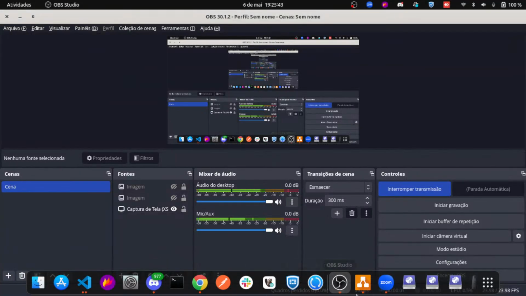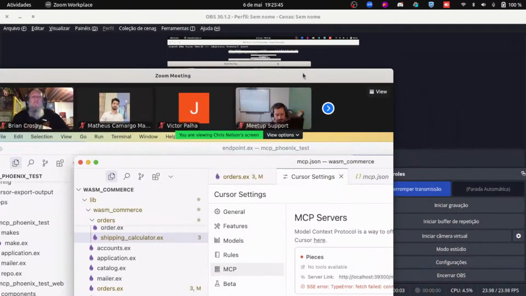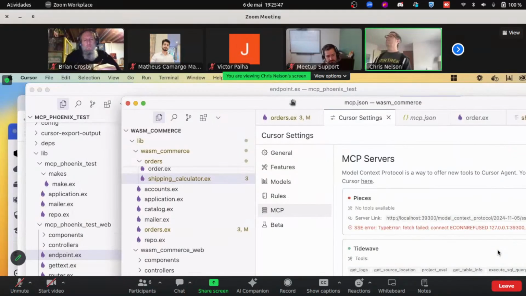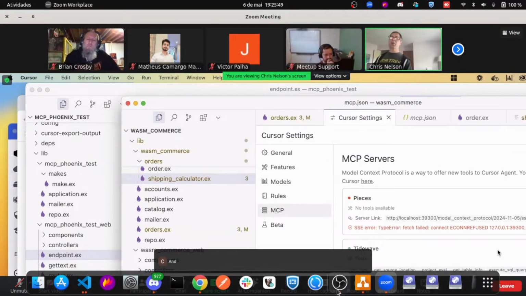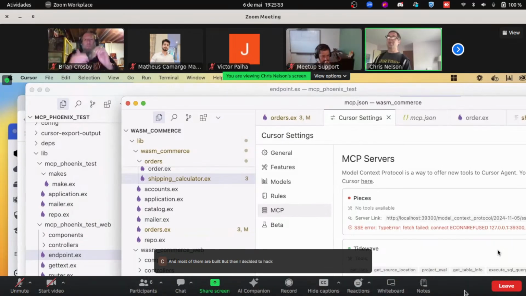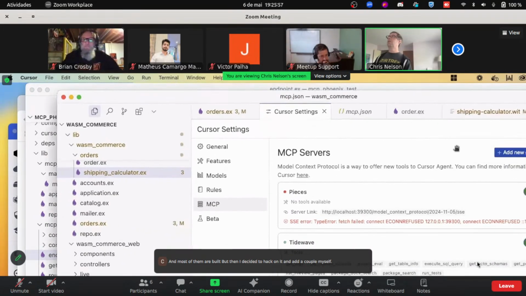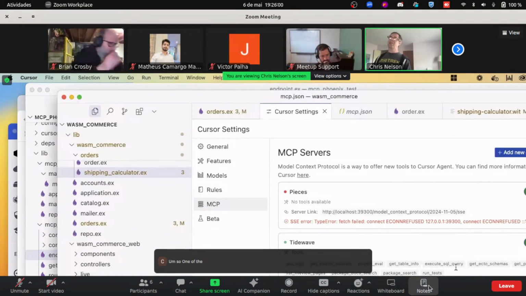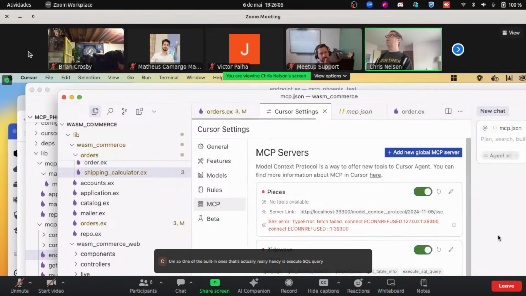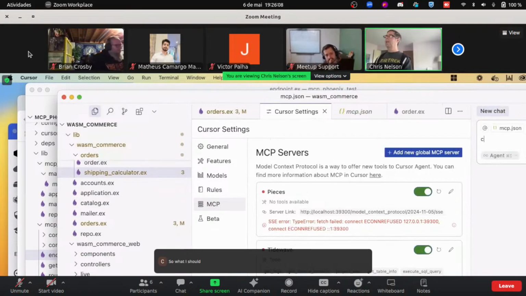All these different tools that it can use. Most of them are built in, but then I decided to hack on it and add a couple myself. One of the built-in ones that's actually really handy is execute SQL query. So what I should be able to do is like